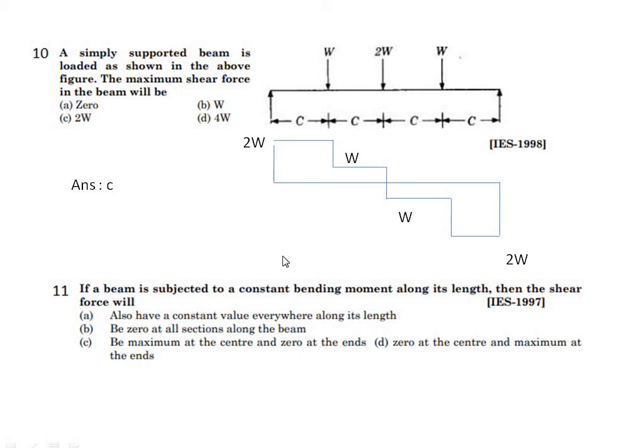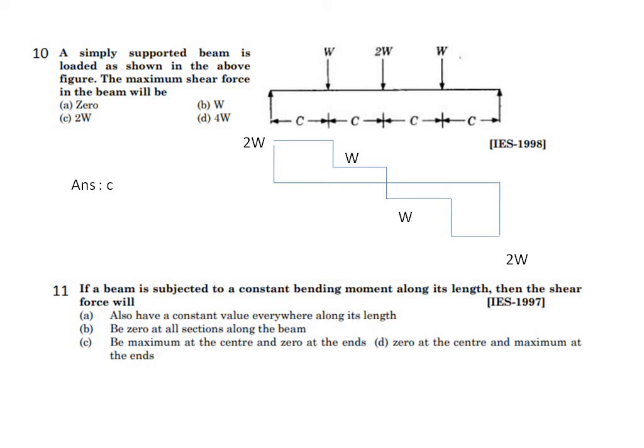So if it has a constant value of shear force throughout its length, say there has to be a rise at the support, and there should be a constant value, and there should be a dip at the support, right? So that kind of loading is not possible, right? So if you have a point load at the center, half will be increasing, and then up to the point it will decrease. So in a beam, that kind of loading is very unlikely, and if you have a cantilever beam, that may be possible, right?